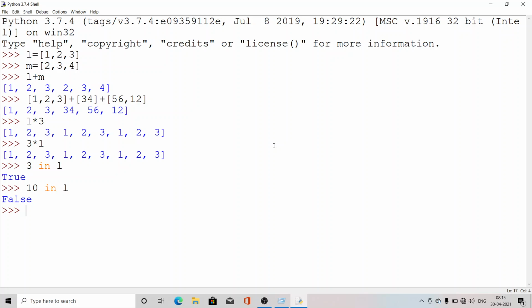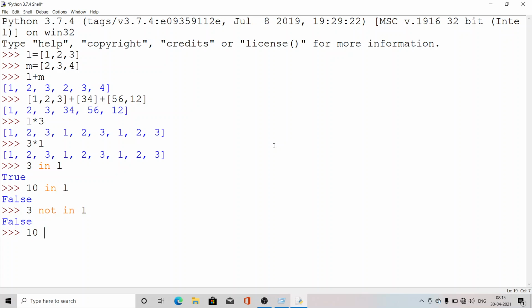Now here, if I am writing 3 not in L, look here, in and not in have a little difference. In means if present, it returns True. If not present, it returns False. Not in means if present, it returns False. Clear? If not present, it returns True. So 3 is present in L, so it has to give False. Okay. Clear?